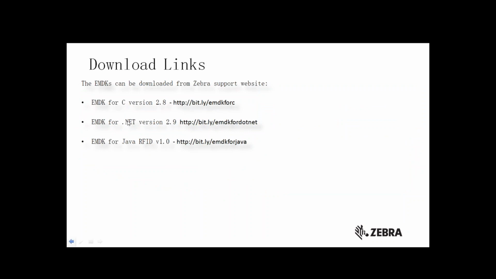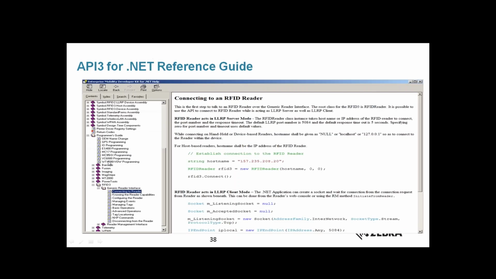As I said earlier, we have the EMDK for C, the EMDK for .NET and for Java, which you can download and start building an application. When you download the EMDK, you will also find the reference guide, which includes some code snippets as well as instructions as to how